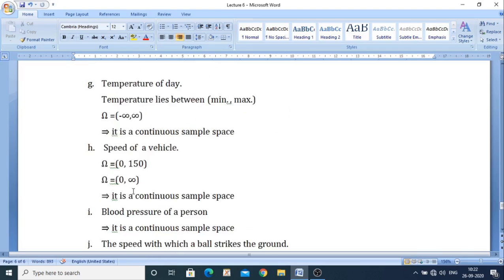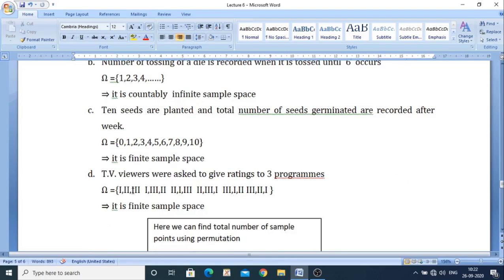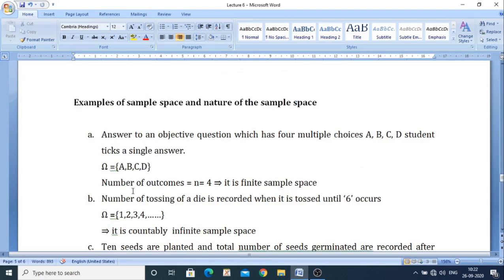So these are the examples of sample spaces, and we are able to tell the nature of the sample space. Once you know the nature of the sample space, you can find out the number of elements, and it will be useful for finding the probabilities. The next part after the sample space is the events, which we will see in the next lecture. So in today's lecture we have seen what is meant by a deterministic experiment, a non-deterministic experiment, a trial of an experiment, then the sample space and types of sample space.